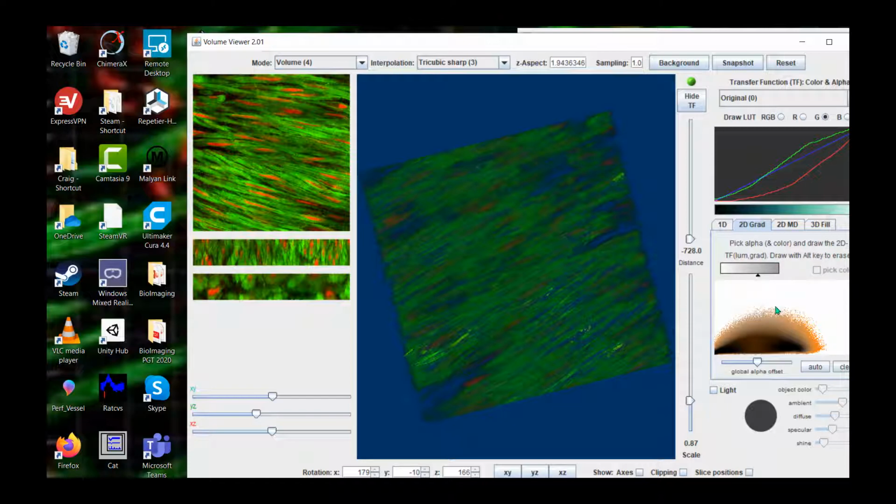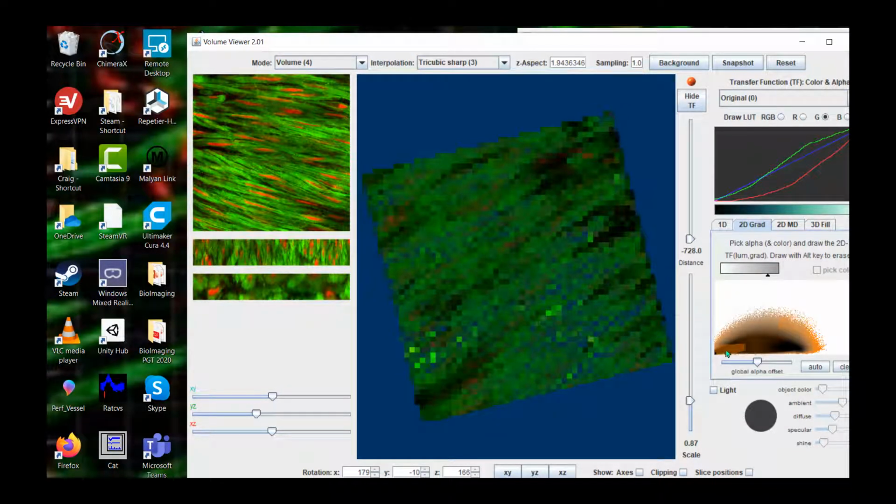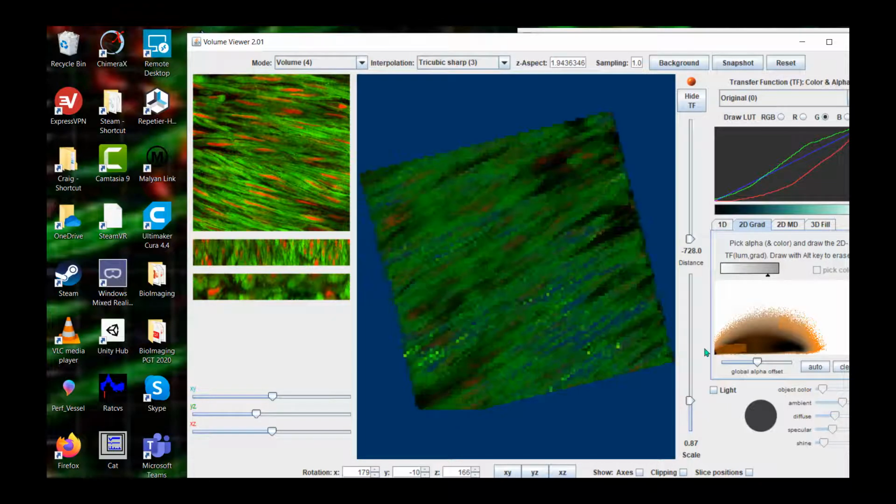So let's say I wanted to make these particular intensities here quite opaque, then I would make this more opaque, and I would just paint in here what I want. If I wanted the darker stuff, I can paint this in here. And you use Alt, click to get rid of that.